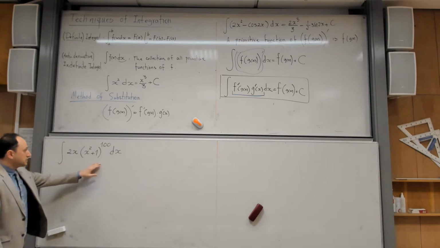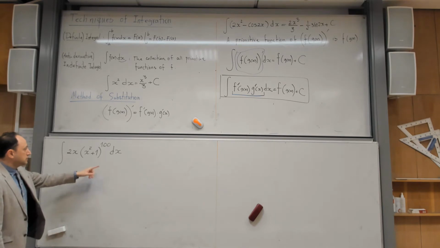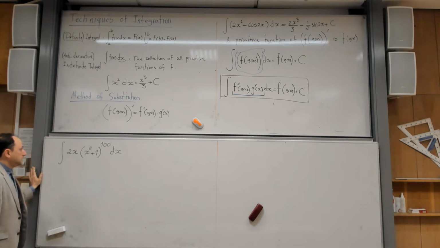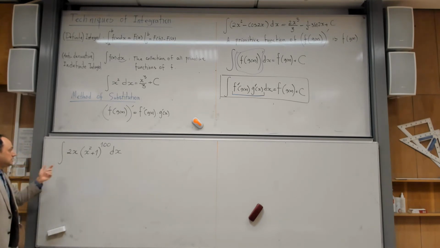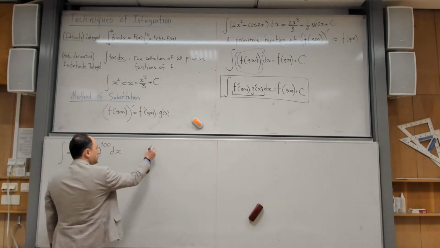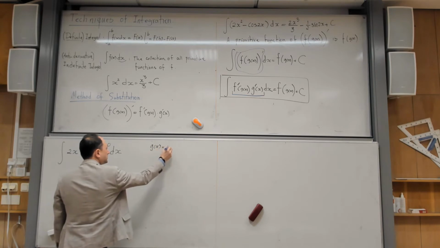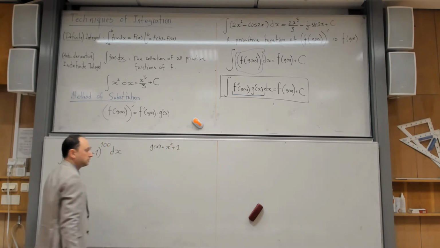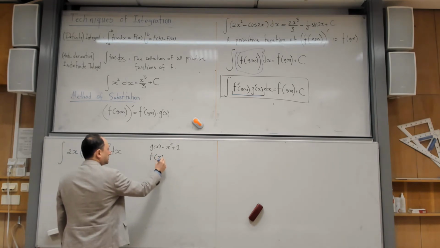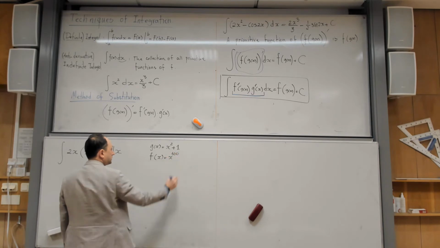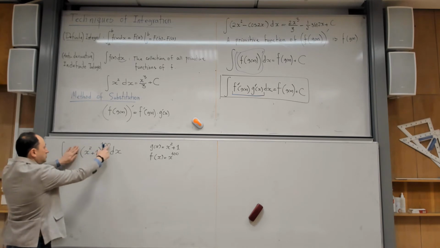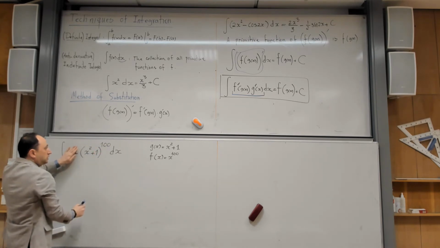So first of all, what I am asking you is to give me all functions whose derivative is equal to that one. Okay, so you see the pattern, yes? This expression that you see here, if I introduce a g of x to be x squared plus 1, if I introduce another function f of x to be x to the power 100, yes? This means that this expression that you see here is what is,